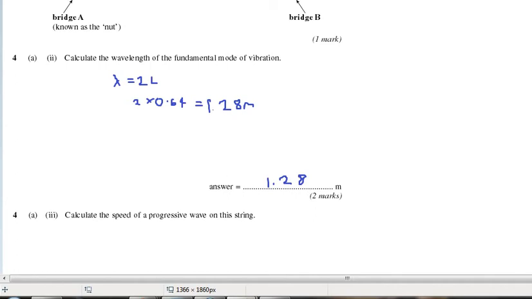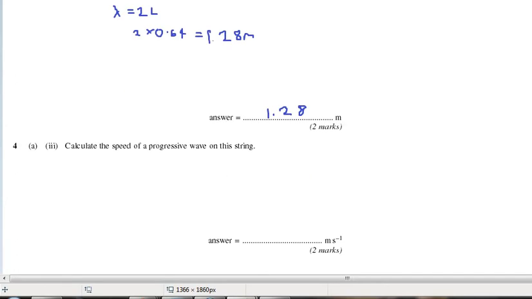Now the next part of the question is asking us to calculate the speed of a progressive wave on this string. And as is so often the case with these questions, we're going to be harking back to our old friend, the wave equation, which is of course that the speed or the velocity of a wave in a medium is equal to its frequency times its wavelength. Now we calculated in the last part that the wavelength is 1.28 meters, and we were told at the beginning that the frequency in the fundamental mode, f0, is equal to